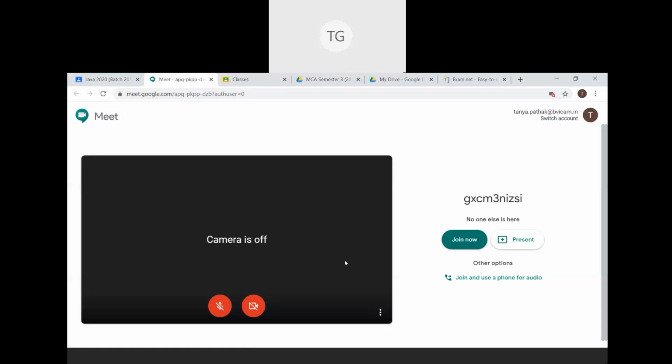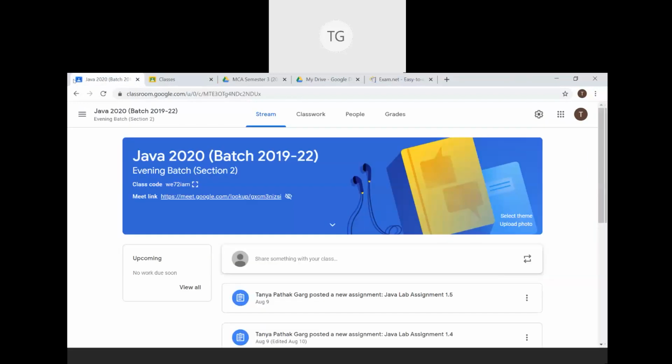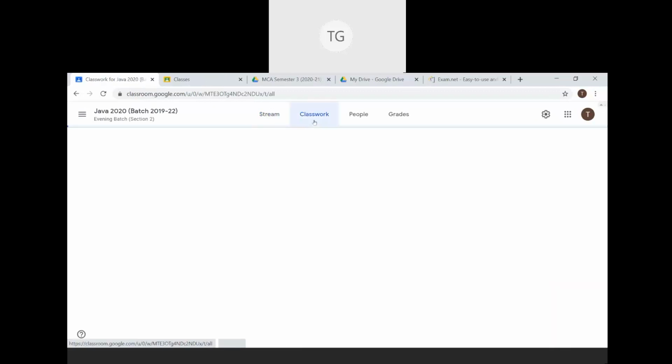If you have a Google Meet app, this meeting will be opened up on the application, right? And you can turn on your videos or microphone and you can probably take up a synchronous live video conferencing class using this application. This is one feature. Another feature is that whenever I create an assignment,